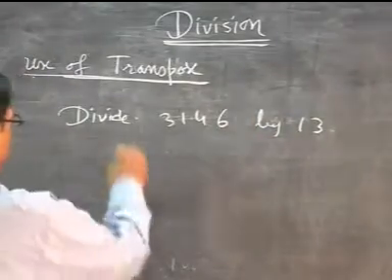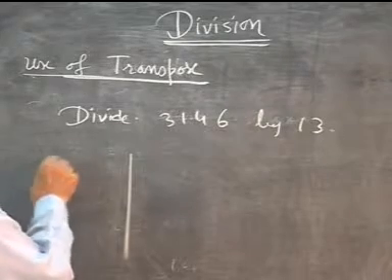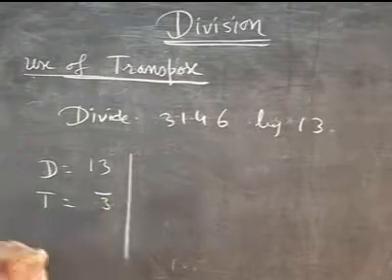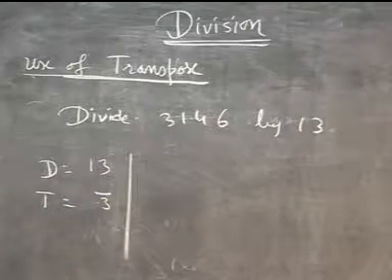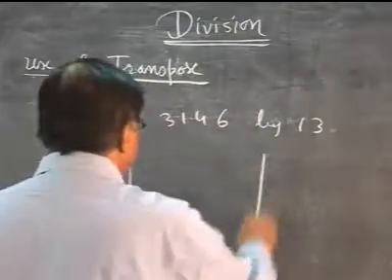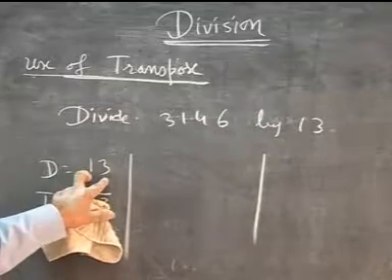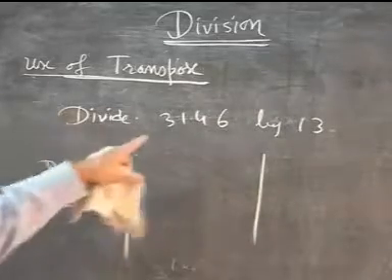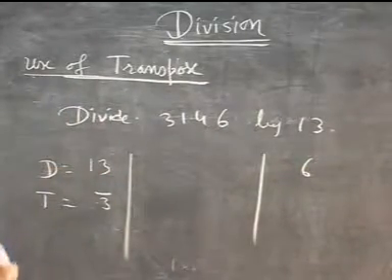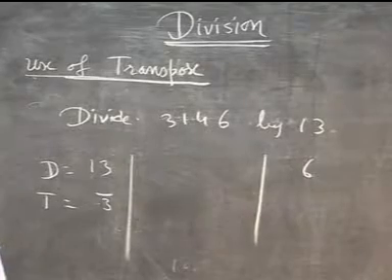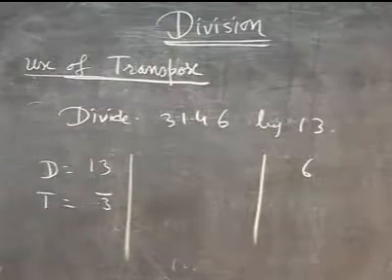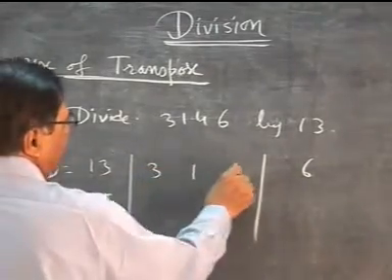See now, divisor is 13, transpose is 3 negative, you can see. Base is 10, so transpose is minus 3. What we need is, how many digits are in the divisor? 2. So 1 less will be there, so you need here 6. In normal division, we put as many digits as are in the divisor, but here what we are doing is 1 less than that. And so now, the remainder is 3, 1, 4.